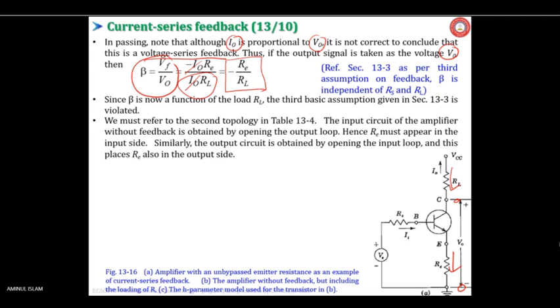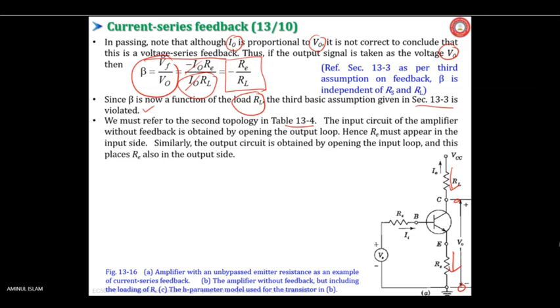Earlier it was 1. In the earlier cases, both the gate based and BJT based, we saw that beta equals 1. But here it is not. Beta equals minus RE by RL. Since beta is now a function of RL, the load resistance, the third basic assumption given in the section, which we have discussed, is violated. You must refer to the second topology